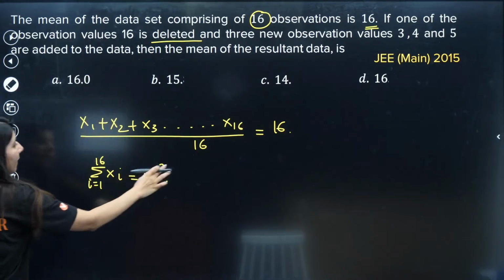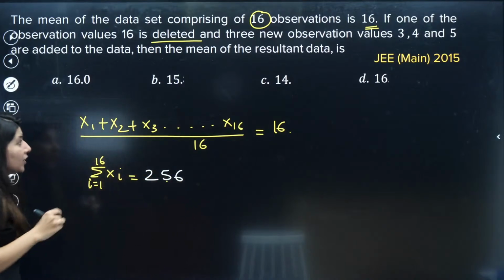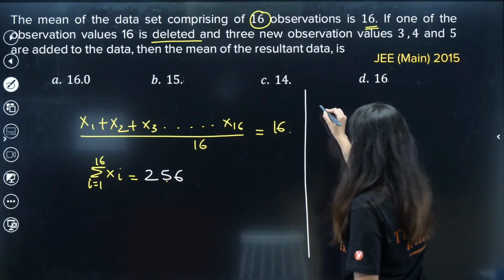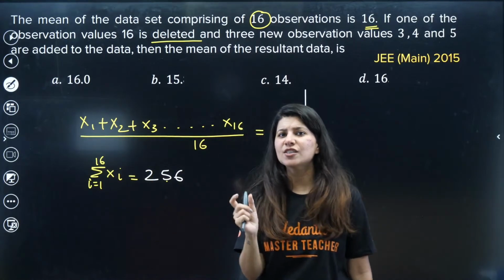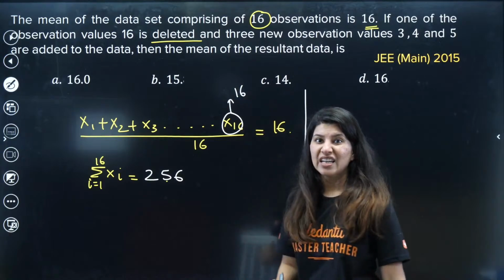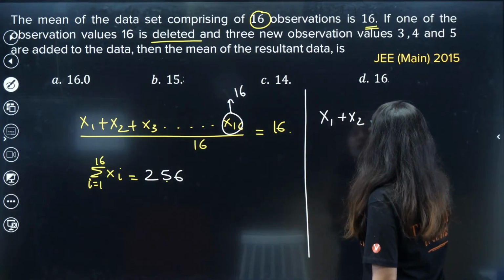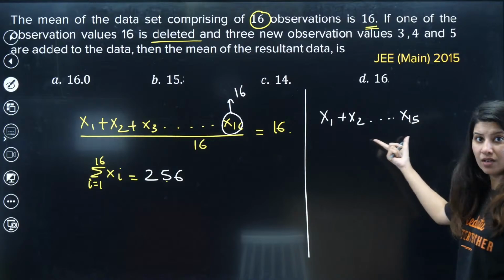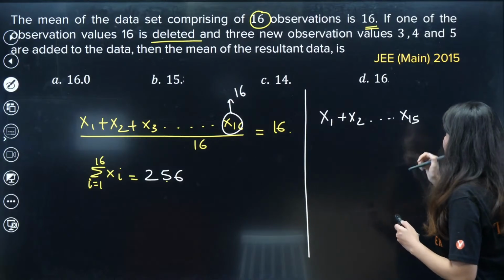Now there is one observation which is 16. Let us assume the last observation x16 was 16 only. This we want to delete. That means what we need is x1 + x2 and all the way up to x15. Only these observations are available now because x16 is deleted,